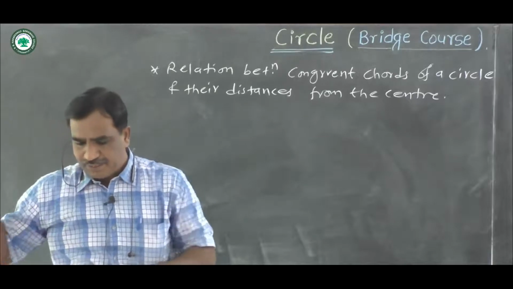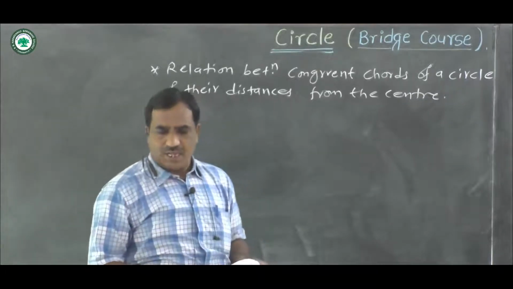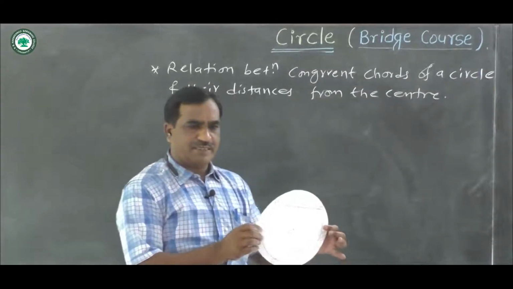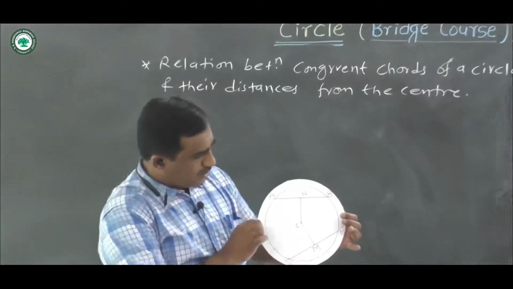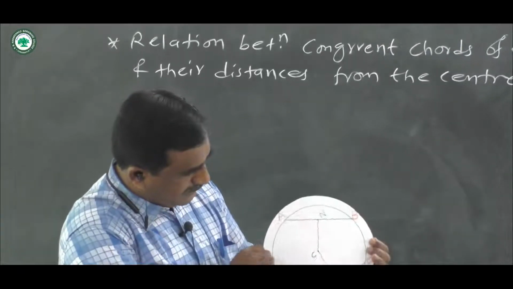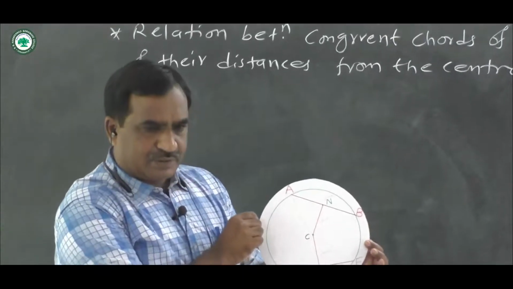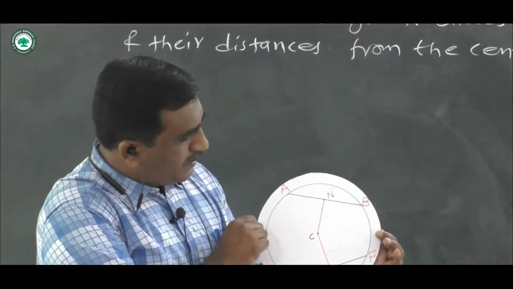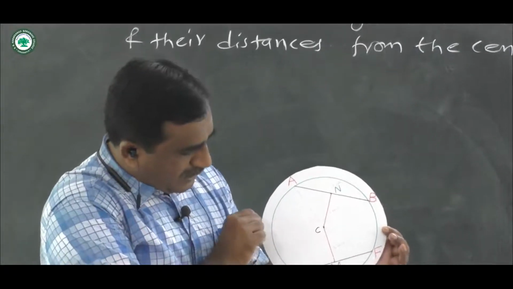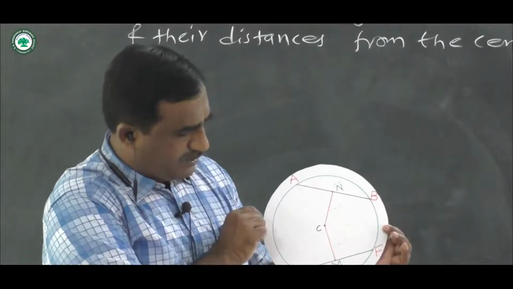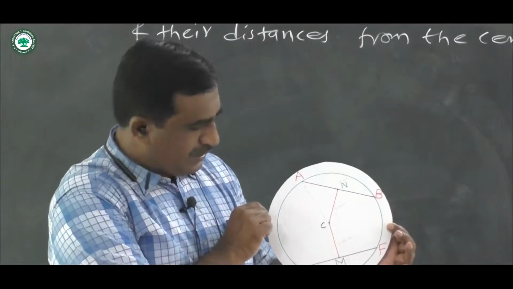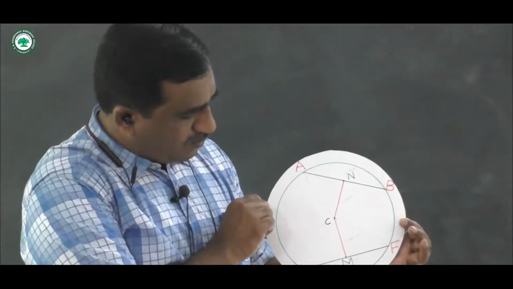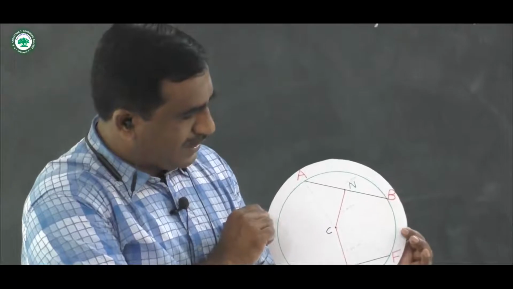What is the relation? Congruent chords of a circle are equidistant from the center of the circle. बघा तुम्हाला इथं फिगर काढलेली दिसते. दोन कॉर्ड्स काढलेत आपण, chord AB, chord DF, congruent chords आहेत. Length AB is equal to 15.5 centimeter and DF also 15.5 centimeter and center C. Then we can draw perpendiculars from center to the chords, CM and CN.